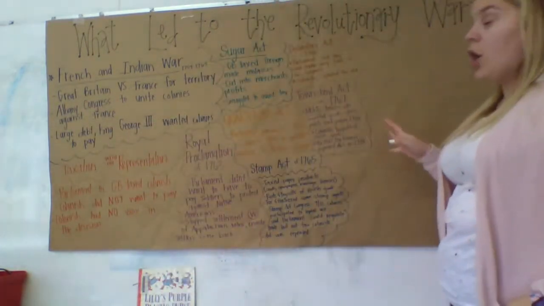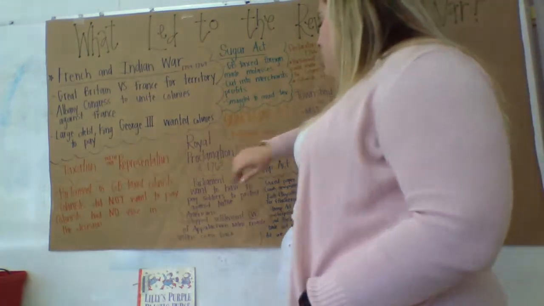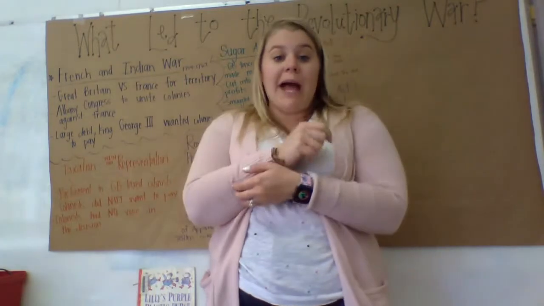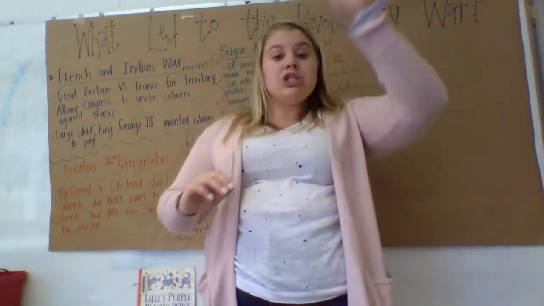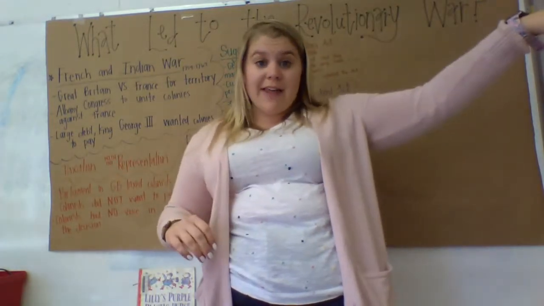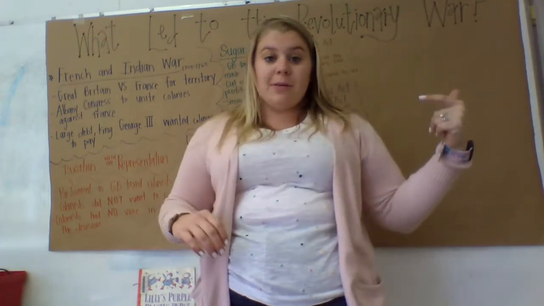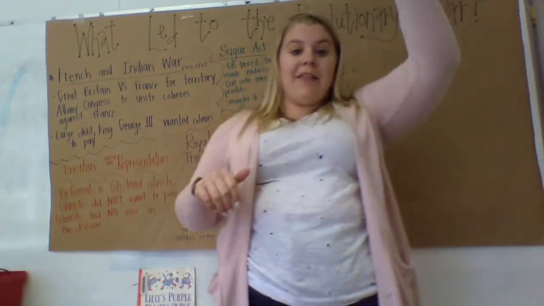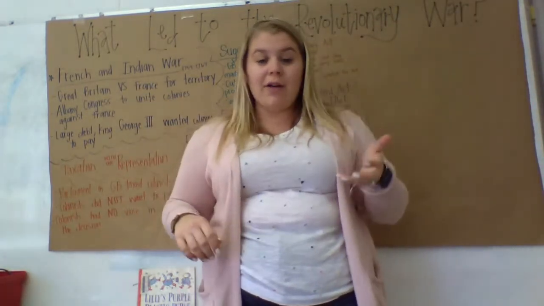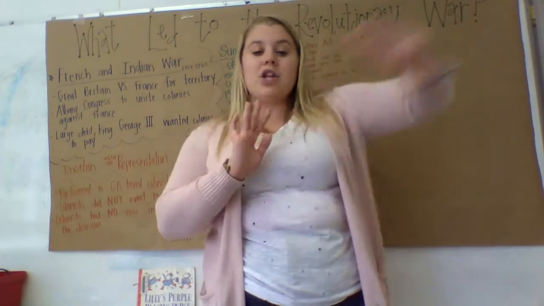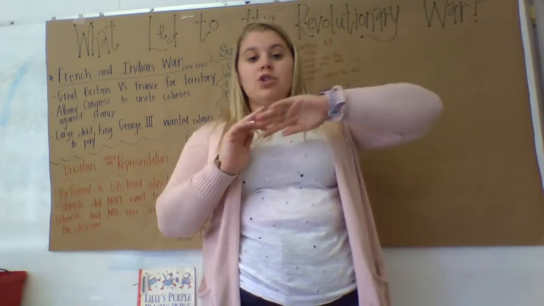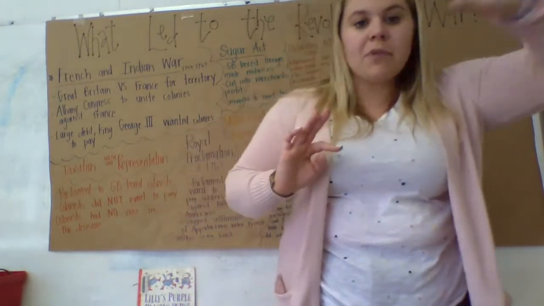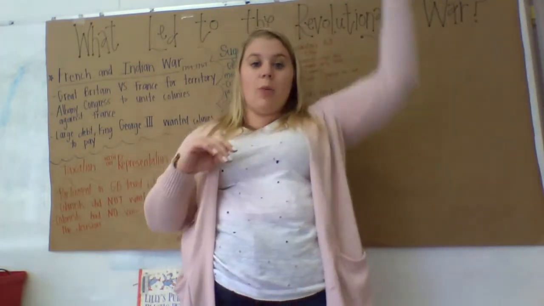So, first of all, we had the Royal Proclamation of 1763. And what happened was Parliament was tired of paying British soldiers to go on the other side of the Appalachian Mountains and protect people from the Indians. They were like, we don't want to pay these soldiers, we're done. So they drew a proclamation line, and it fell right around the Appalachian Mountains. And they said nobody could go farther west. So nobody could go into Ohio, into Indiana, into parts of Kentucky. Nobody could go farther west.